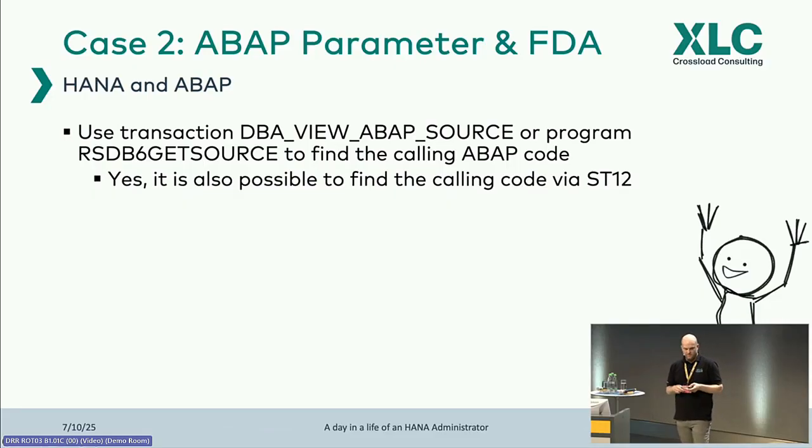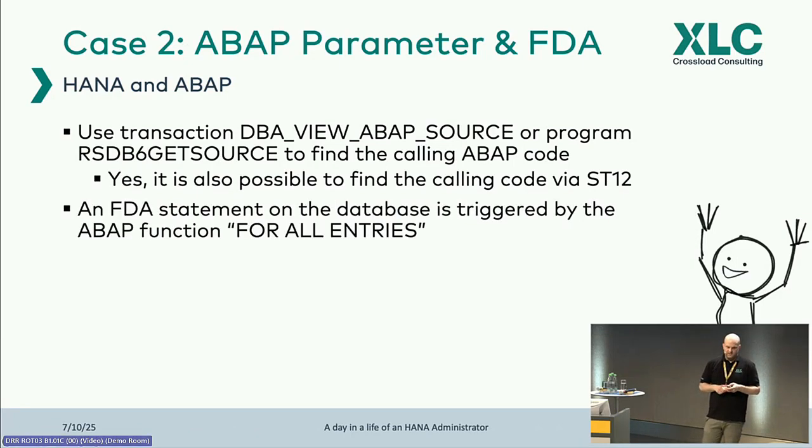And yeah, it is also possible to find the calling code via ST12. And for the devs, FDA statement on the database is triggered by the ABAP function for all entries. So basically, the